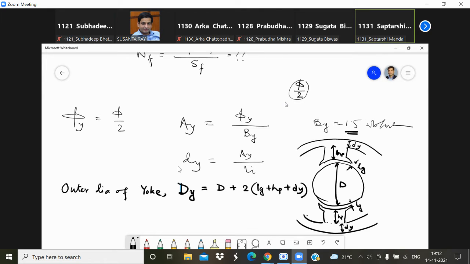Sir, my machine's rating. What is the volt? Sir, my machine's rating is 25 kilowatt and the depth of yoke is 37.5 millimeter and the outer diameter is 458 millimeter. Now, what is the voltage rating? 110 volts. Okay. Maybe. If your calculation is okay, then you can proceed. Sir, my voltage rating is 220.